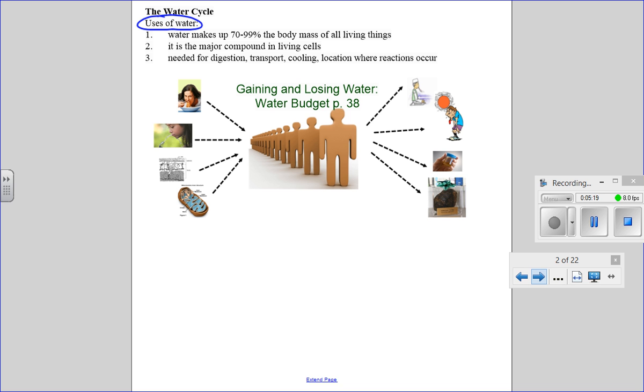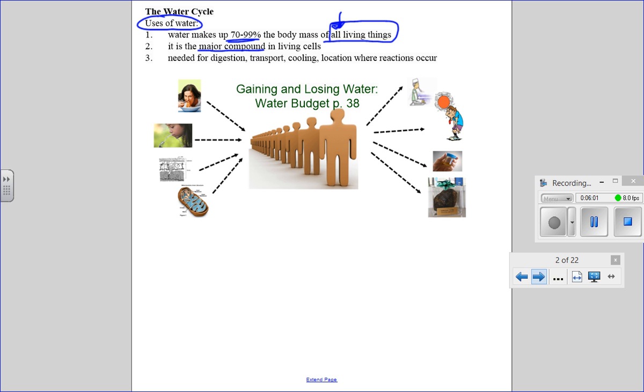Now, water makes up, depending on which organism we're talking about, anywhere from 70 to 99% of the body mass of a living thing. So, for example, those phytoplankton that we discussed in the pyramid of biomass, they're close to the 99%. Most of their body mass is water, whereas something like a human is considerably less. We're in the 80s. But all living things, and usually scientists hesitate to use the word all, but I don't have an example of something that doesn't have water, so I'm going to use the word all. All living things that are alive currently have water as part of their body mass.